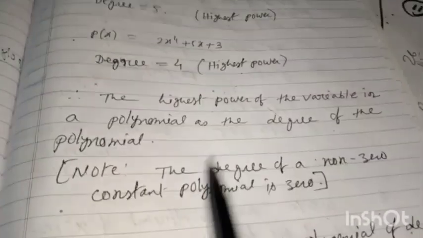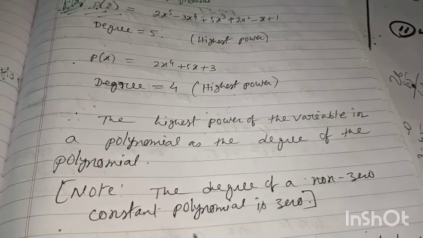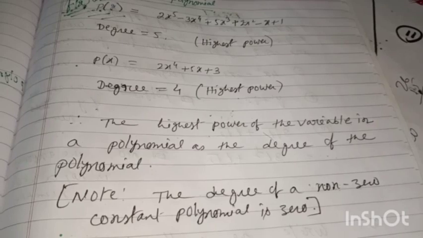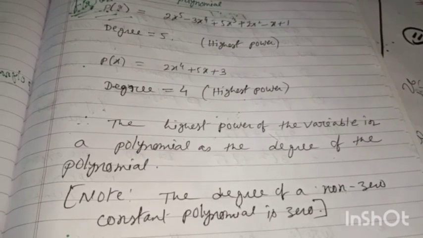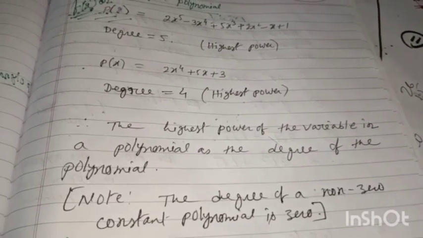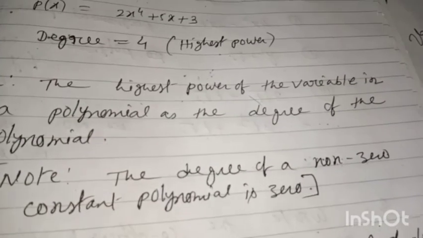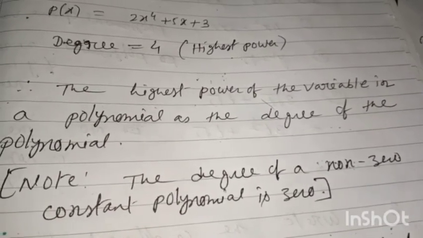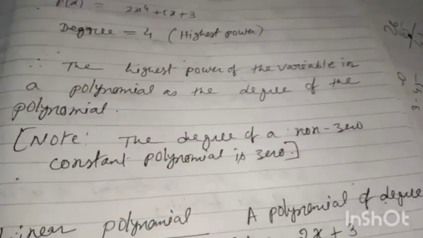Understood? Note, the degree of a non-zero constant polynomial is always 0. Don't forget. A non-zero constant polynomial means, do you know, like 3, 5. So the degree of a non-zero constant polynomial is 0. Understood? Okay. Next,